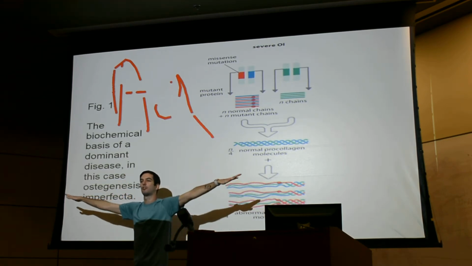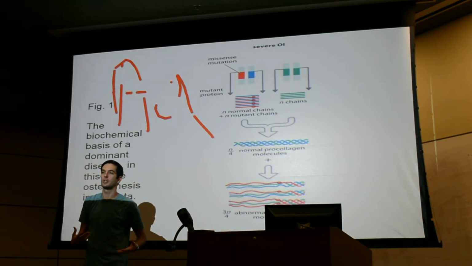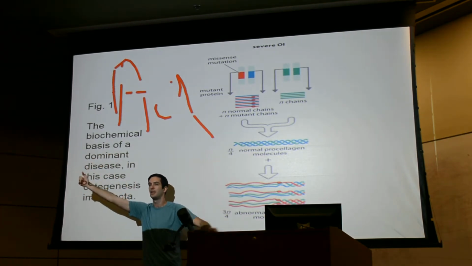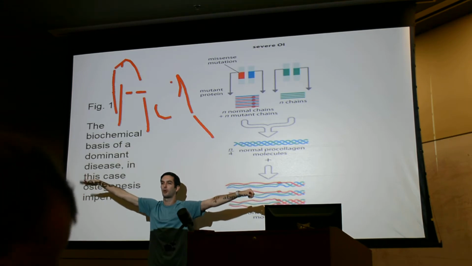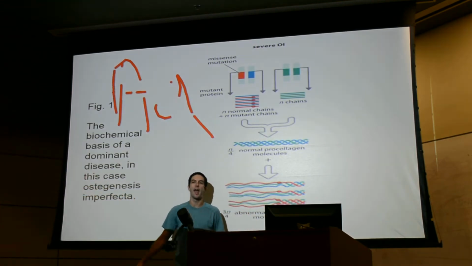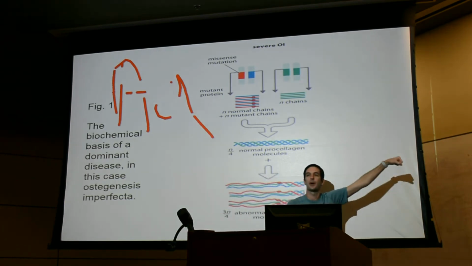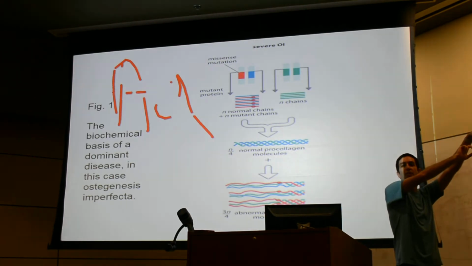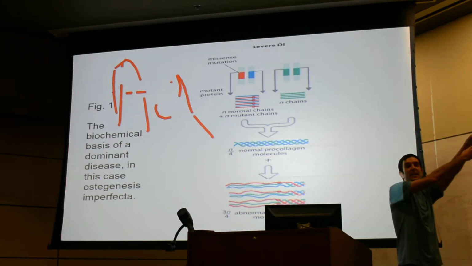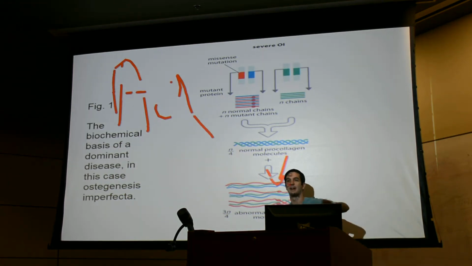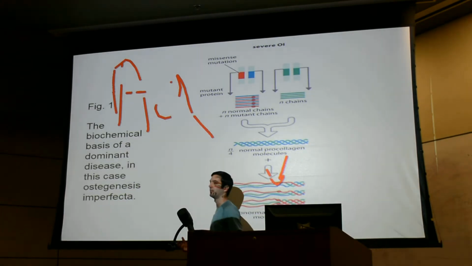Both these are getting transcribed, so when I'm making collagen, I'm taking subunits from both the protein made from this chromosome 1 and the protein made from this chromosome 1, paternal and maternal. However, this is my screwed up one, and everything that comes from here is not the proper actual protein that needs to get added. So as soon as I add it to my long chain, I screw up everything downstream. This is why this disease is going to be dominant.